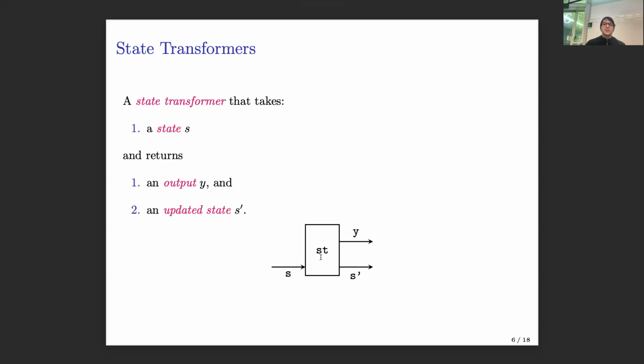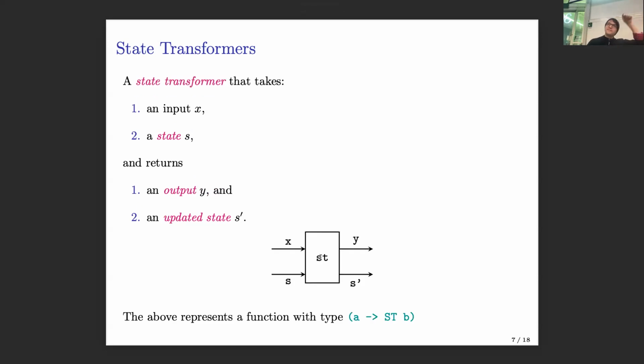Upping our game a little bit. Not only do I want these state transformers to return a new state given an input state, I also want to return output. So now I'm just going to say a state transformer takes state and returns output and a new state. Okay, but what output does it return? What is the Y? Well, it's the output given this X. So this is a fully fledged state transformer. What I want is a function f that takes X to Y. To turn that into a state transformation,